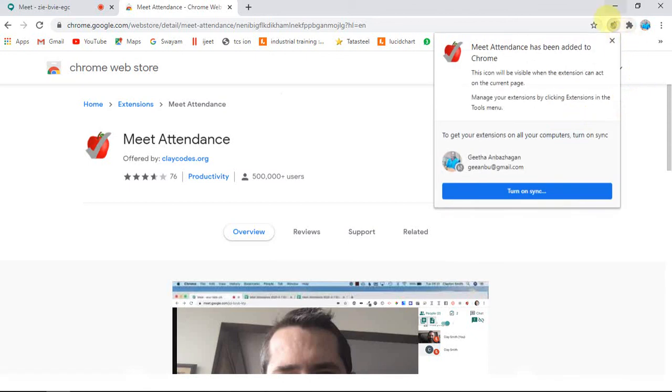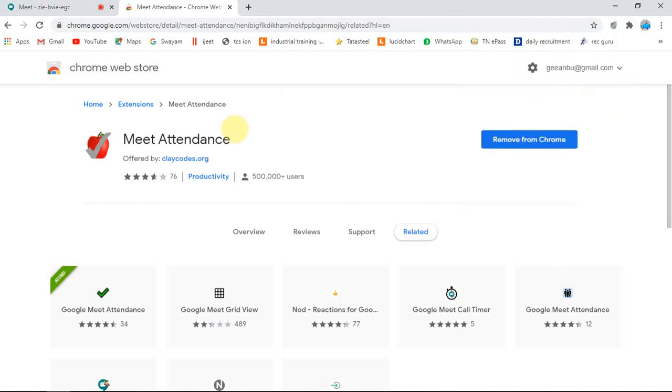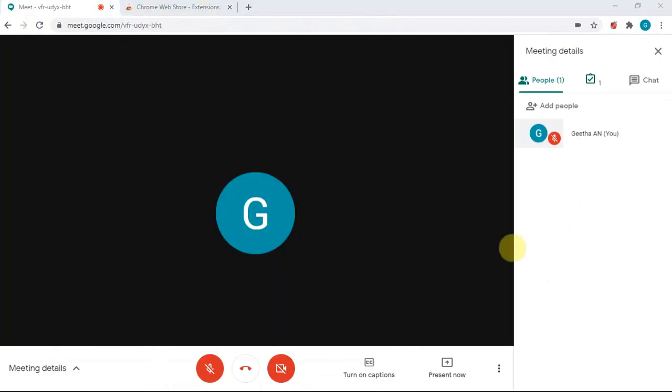If you check at the right corner of your Chrome, there it has been enabled. Meet Attendance has been added to the Chrome. You can synchronize with your Gmail account. Once your Meet Attendance has been added to your Chrome extension, now go back to your meeting.